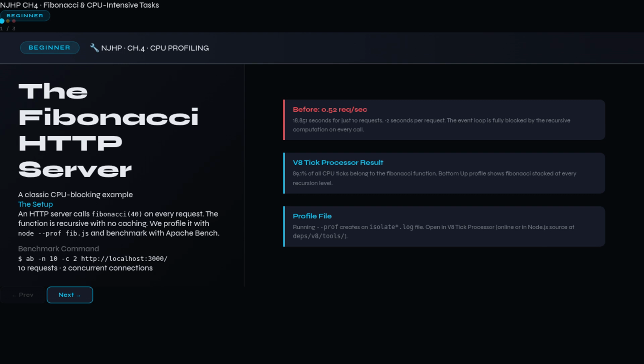Here's the code: var http = require('http'); var server = http.createServer(); server.on('request', function (req, res) { var f = fibonacci(40); return res.end('' + f); }); server.listen(3000); function fibonacci(n) { return n < 2 ? n : fibonacci(n - 1) + fibonacci(n - 2); }